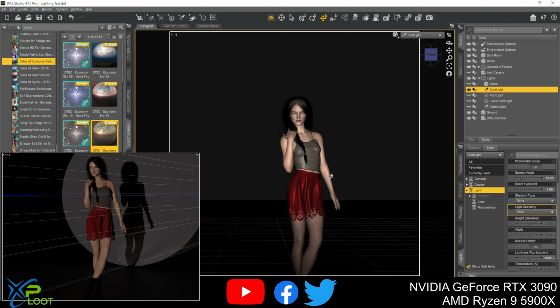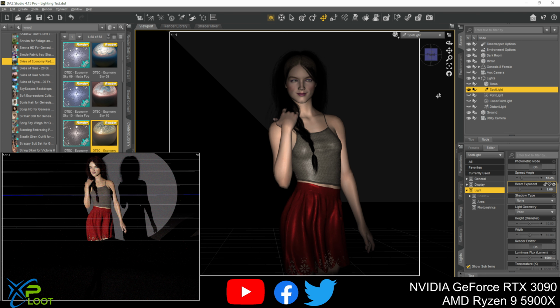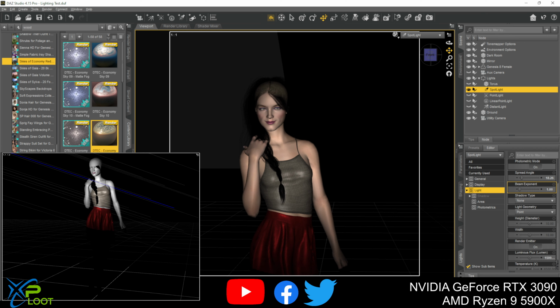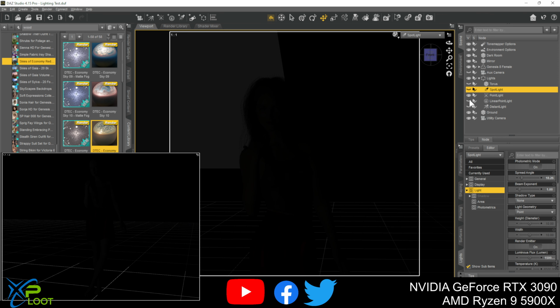Okay, so this is your spotlight. Again, this is a very pointed light, so this isn't used to fill a room or anything. You don't want to use this to fill a room. You want to use this to just point out one feature, or if you have like a stage situation. So we're going to move on to the point lights and the linear point lights. These are a little bit more filling